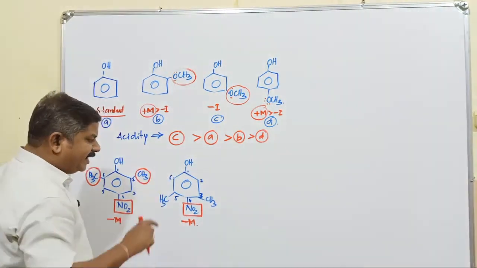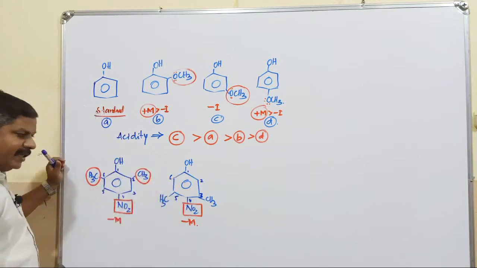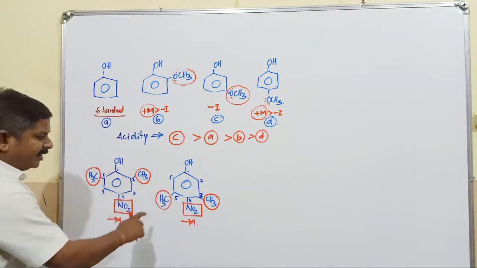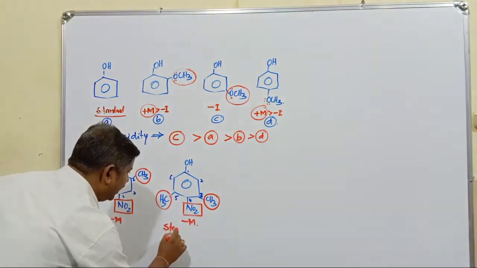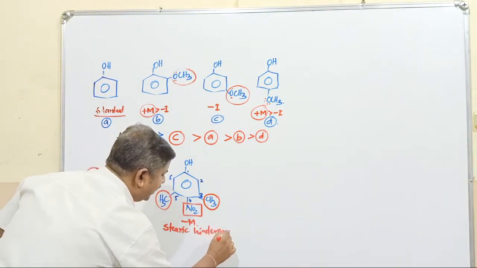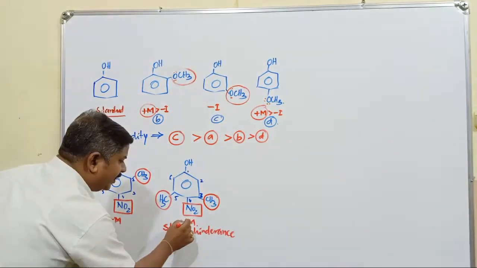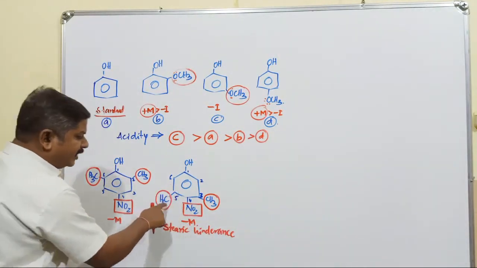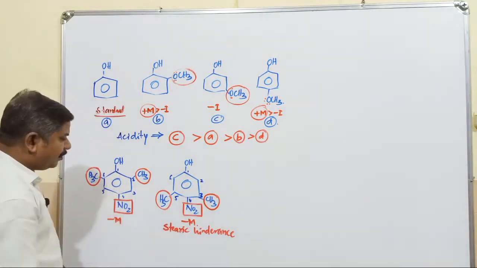If you observe this example, that is 3,5-dimethyl-4-nitrophenol. In this compound, CH3 groups are present adjacent to the NO2 group. When CH3 groups are present adjacent to the NO2 group, there is steric hindrance. So this molecule faces steric hindrance due to the presence of the CH3 groups, and the conjugation, whatever the minus M effect is applicable in case of NO2, is affected. For this NO2 group, the steric hindrance is applicable. As a result, it cannot act as the strongest electron withdrawing group.